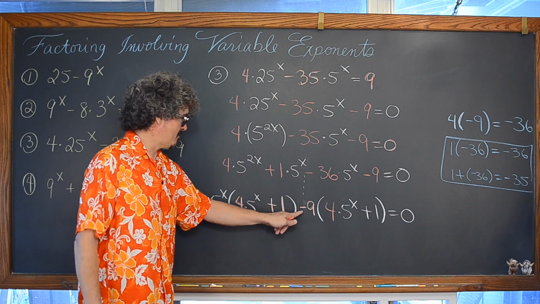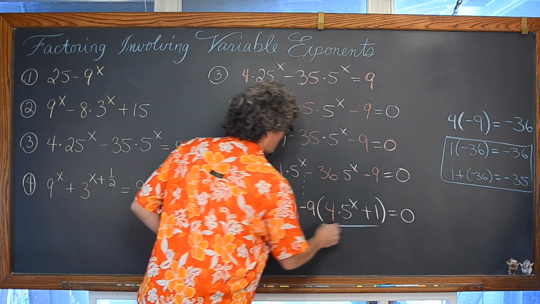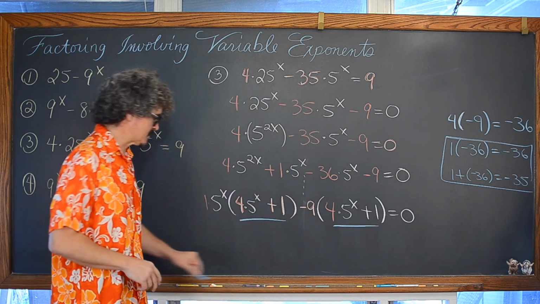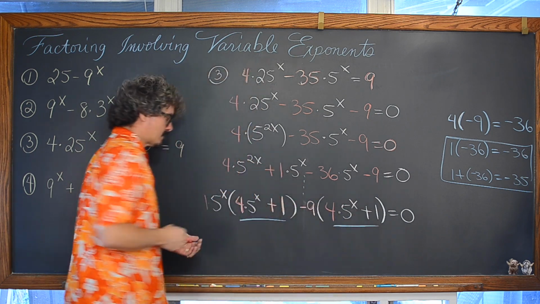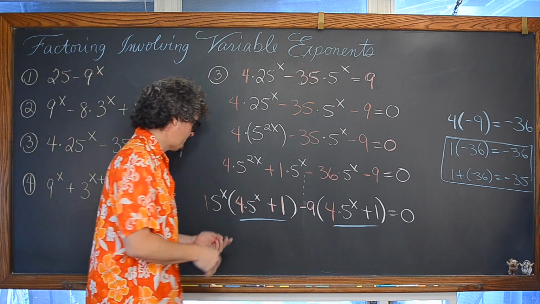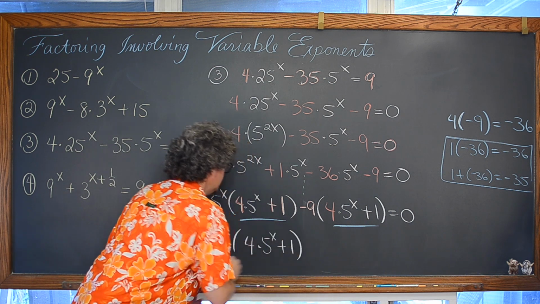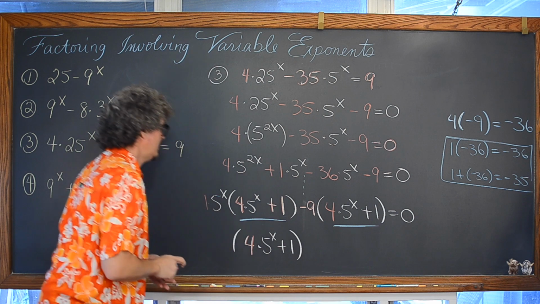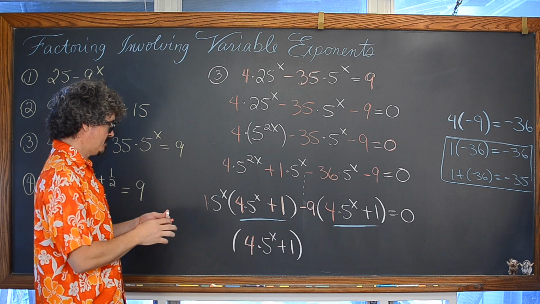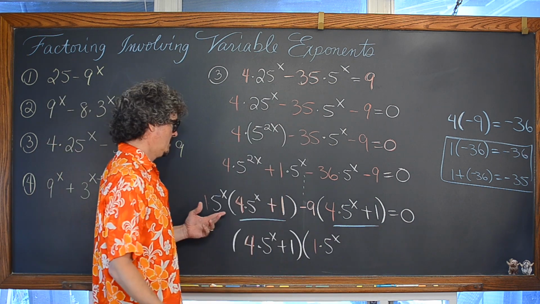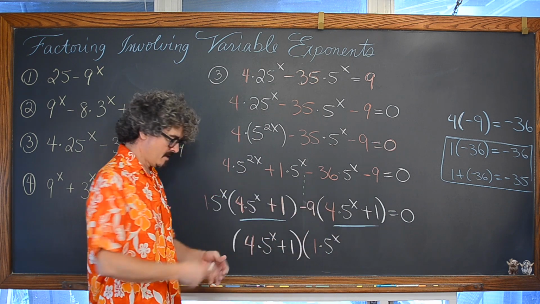We've got this big mess here minus this second term. Each of these 2 terms has a common factor of 4 times 5 to the x power plus 1. So like we pulled out the 5 to the x power, like we pulled out the negative 9, we're going to pull out a common factor, or divide out a common factor, of 4 times 5 to the x power plus 1, leaving us with, taking this factor out of the first term, a 1 times 5 to the x. And going to the second term, factoring out the 4 times 5 to the x plus 1, that's going to leave us with a minus 9.